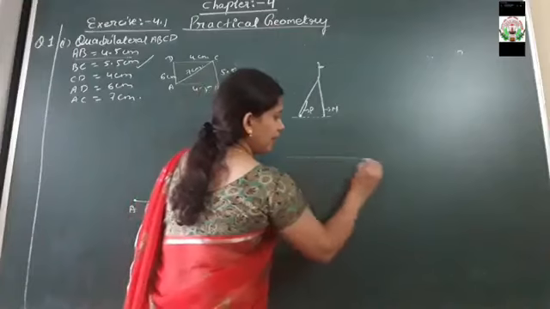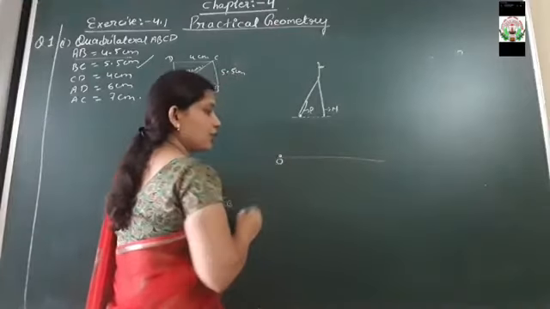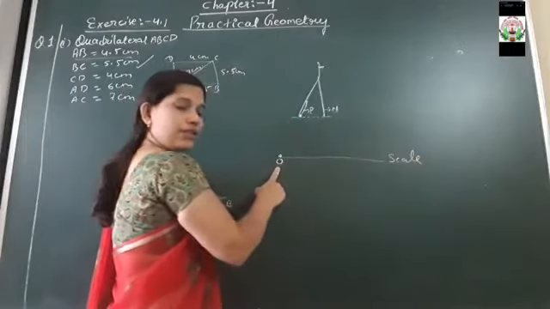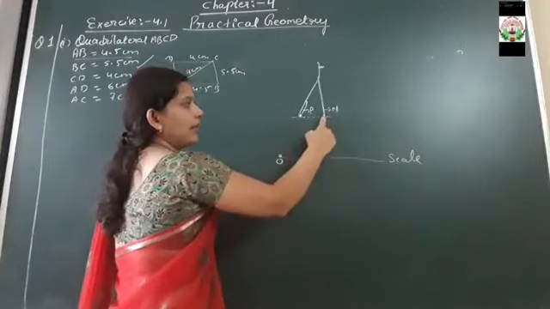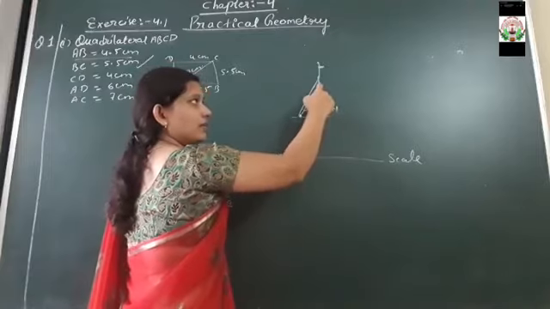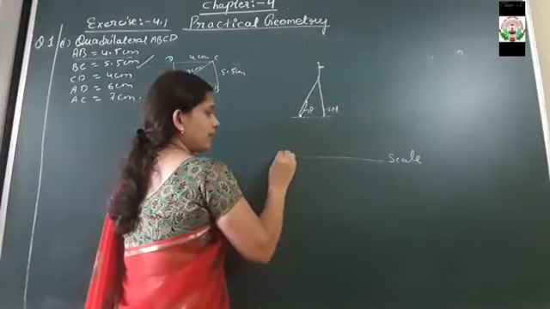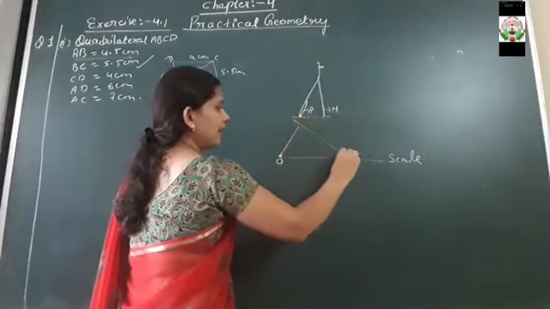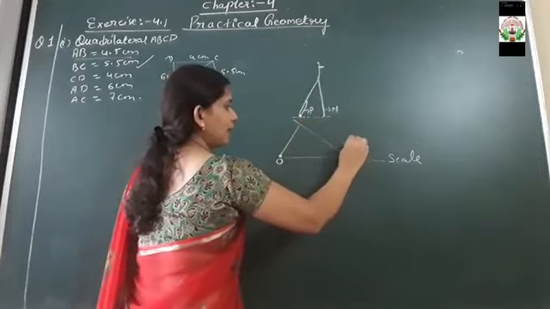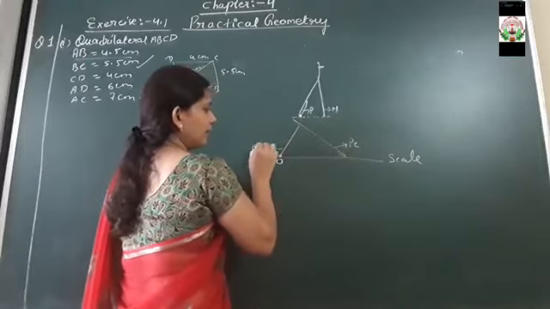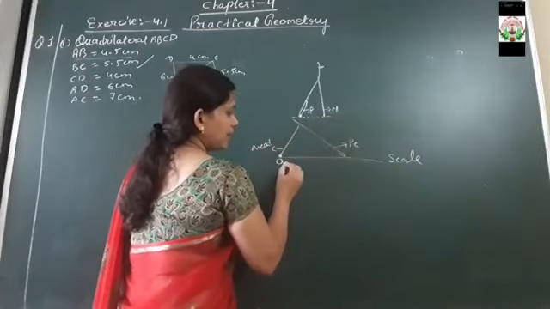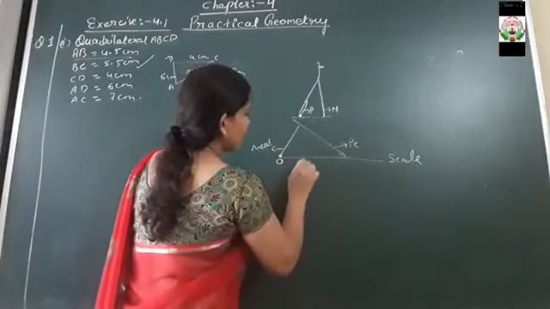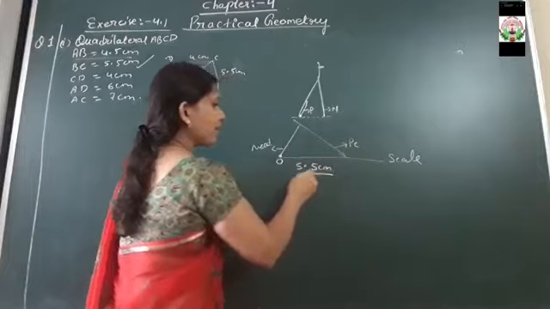Scale ऐसा straight रखेंगे. Okay, this one is the scale. This one is the 0 of the scale. Keep the needle of the rounder here at 0 and stretch the pencil part. This one is the needle of the rounder. Okay, stretch the pencil part up to how much is given, that is 5.5. So 5.5 centimeter. Clear?